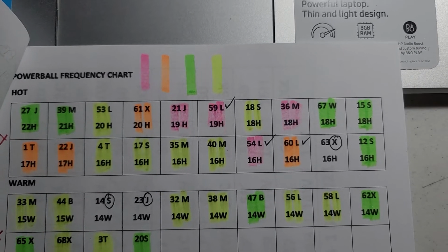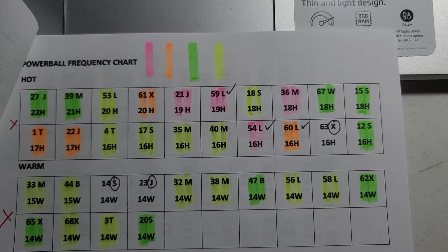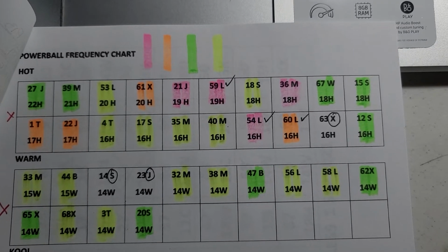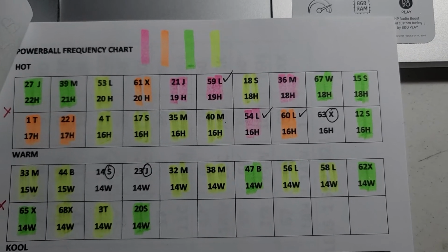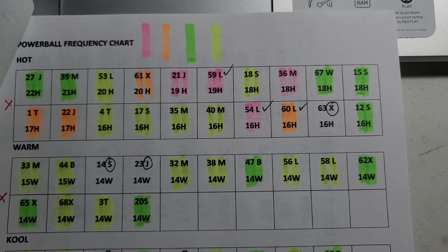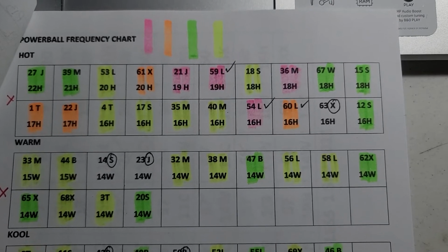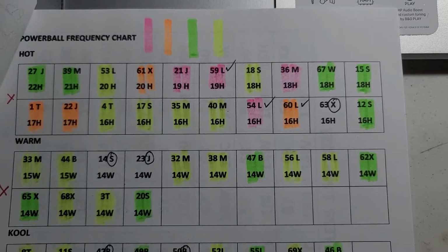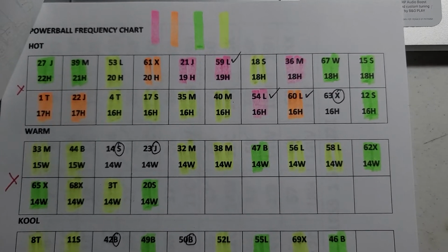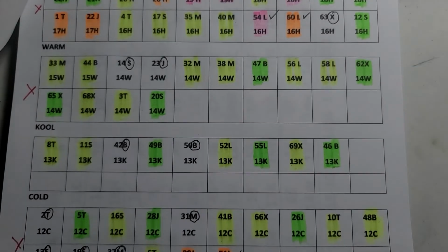So it's interesting that the colors that I highlighted, these numbers, the pink are the hottest ones in the last 20 draws. That's what I'm looking at. And right after the pink, you have the orange numbers, second most frequent, then the green, and then the yellow. The yellow numbers are numbers that appeared once in 20 draws. The green are numbers that appeared at least twice. Okay, so this would give you an idea on